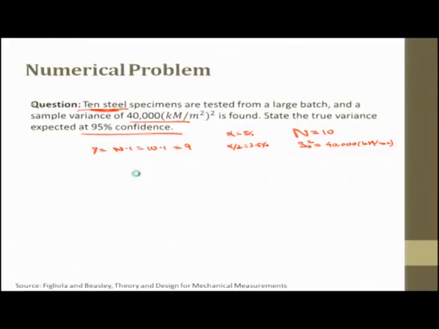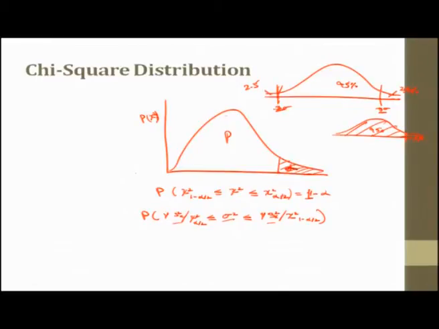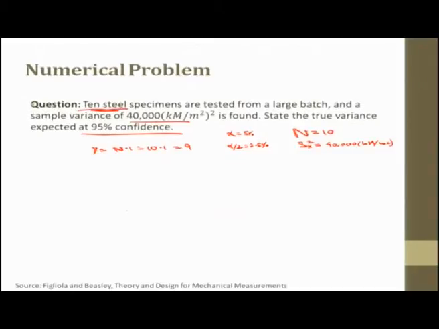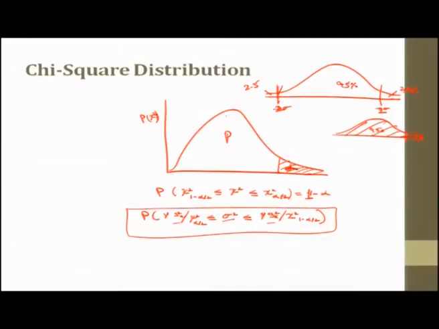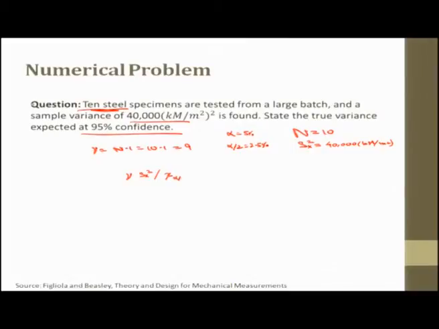So, if I use this relation to solve this kind of problem, I can just put here degrees of freedom into the variance for the sample by the chi-square value for alpha by 2,